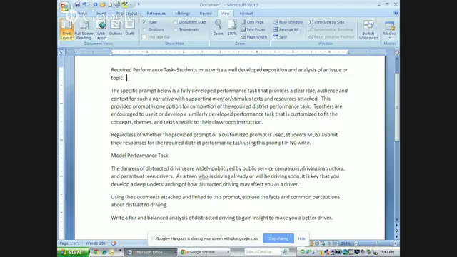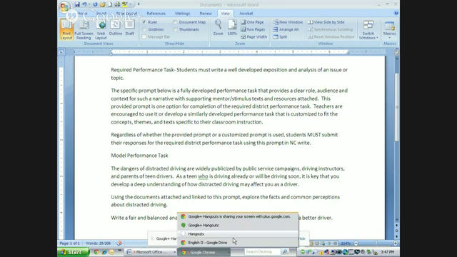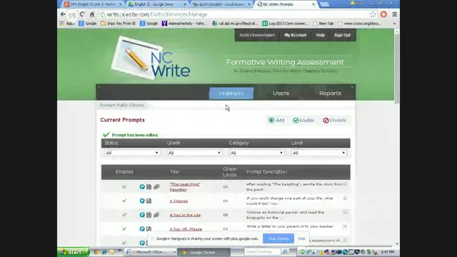I do want to remind you, however, that regardless of whether you use the prompt that I've created or you customize your prompt for kids to write to, students must submit their responses for the required district performance task using this prompt in NC Write. And I'm going to show you here in NC Write how to find the task, and then